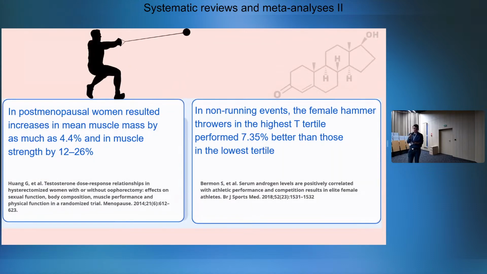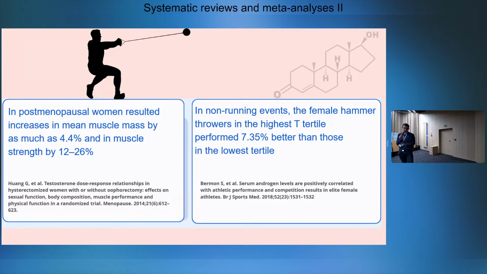The authors of numerous articles confirmed that increased levels of sex hormones indeed lead to improved performance in female subjects and enhance their athletic achievements. Huang and colleagues demonstrated a clear impact of testosterone on muscle mass growth by 4.4% and consequently on strength by 12 to 26% in their 2040 study. Despite it being exogenous testosterone administered to postmenopausal women,